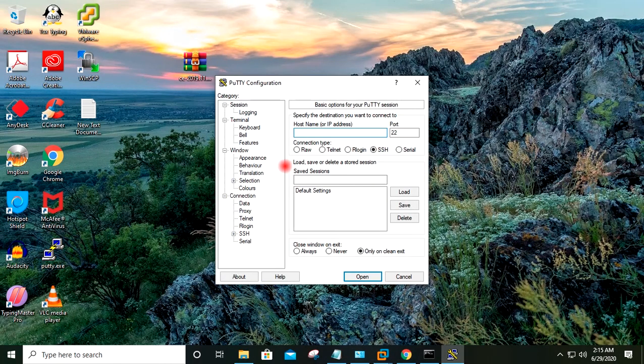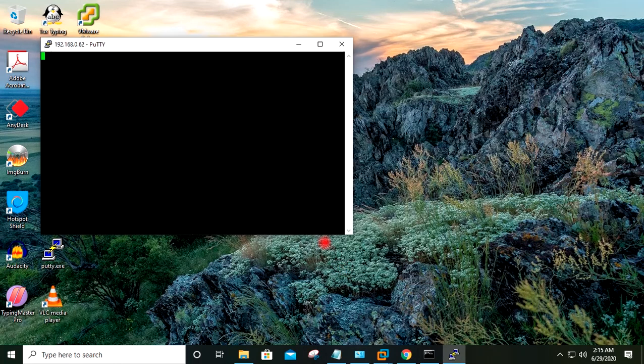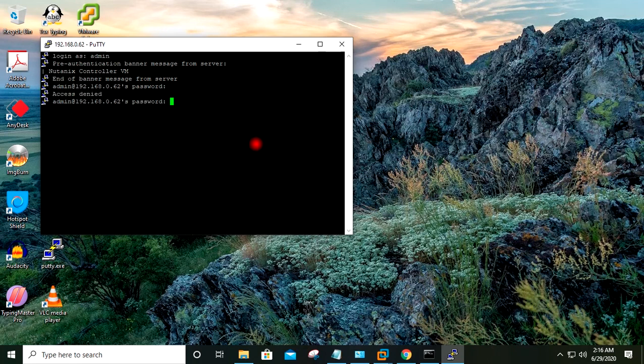I will open PuTTY and I will log into the CVM 192.168.0.62. I will provide the credentials which we had just set. Username root and the new password which we had set for the CVM.